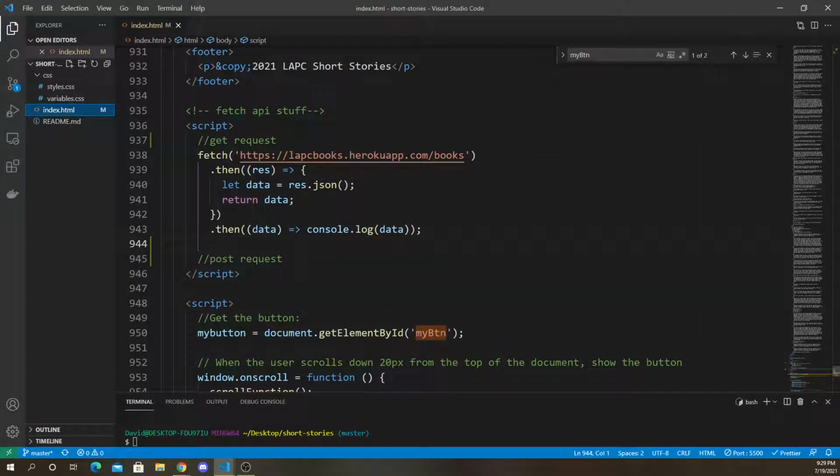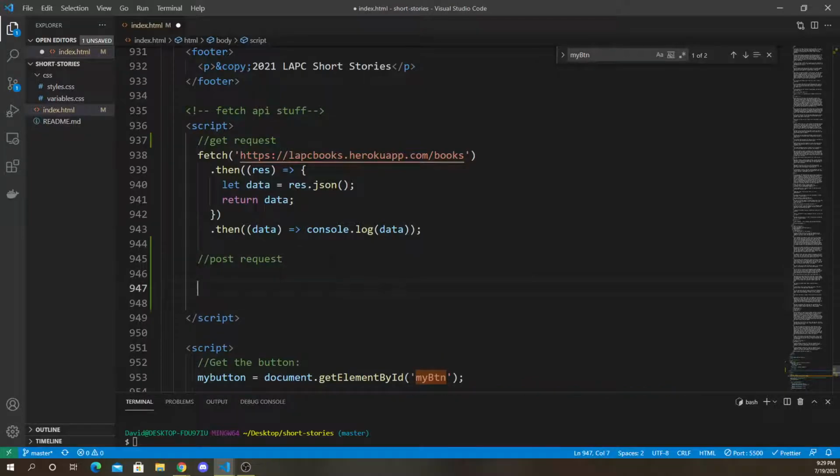But for uploading stuff, we obviously don't want to do it until we've typed into the form and clicked on submit. That's when we want to do the fetch. So we need to listen to a submit event. So we have to say add new book form